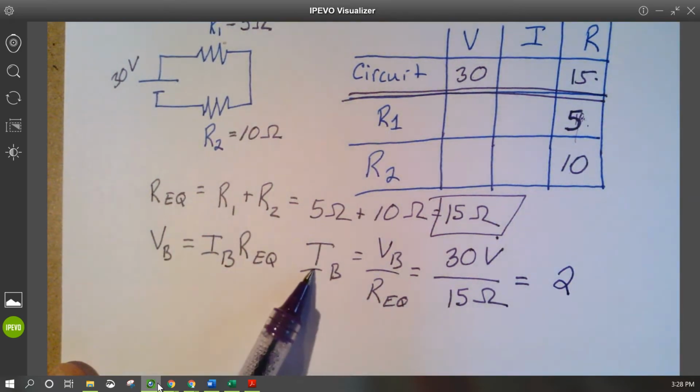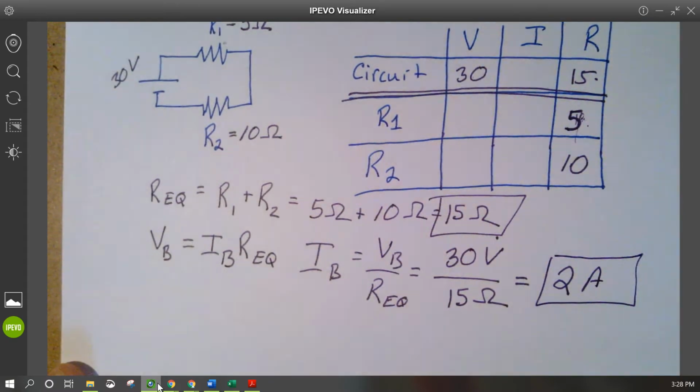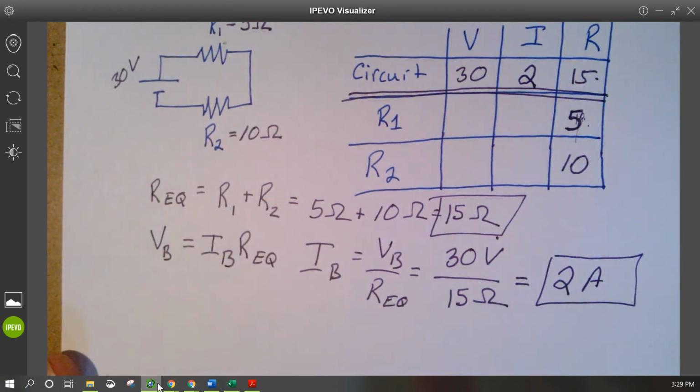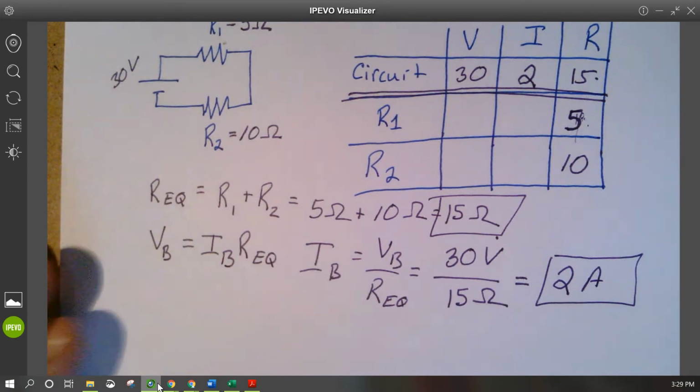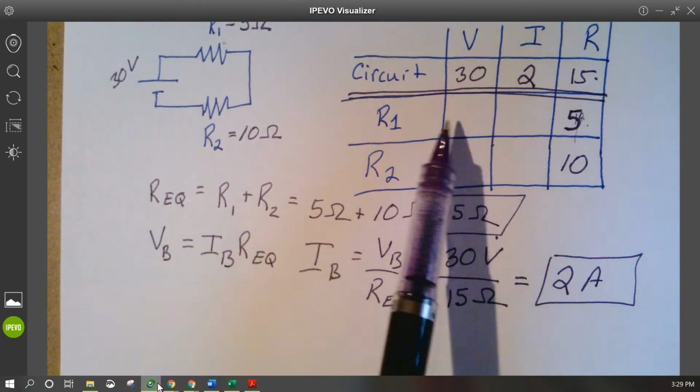Okay, and then we double check. We're trying to find current. Current is an amp, so I'm going to put an A over there to label that in amps. Now, when I'm filling these numbers in the table, notice I'm not using the units. That just helps keep things from getting too messy. Okay, so now I know the resistance for each resistor. I know all the information for the circuit, but I still don't have filled in the voltage for individual resistors